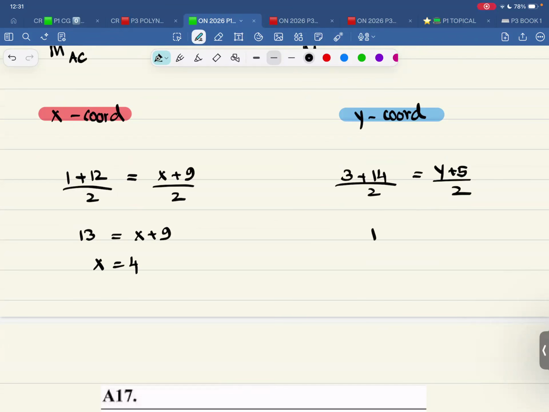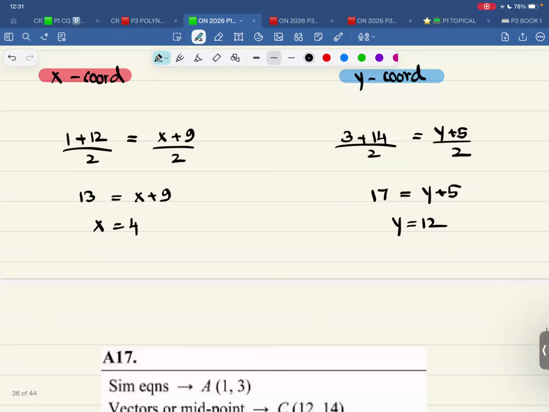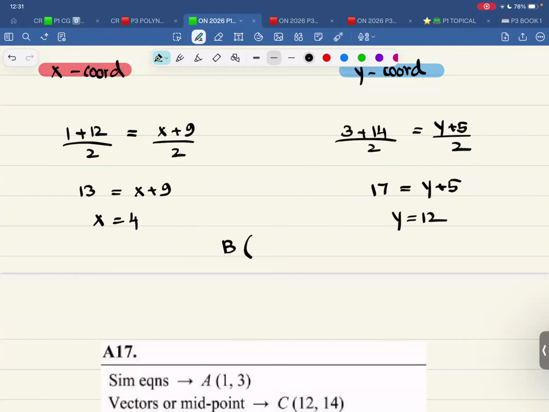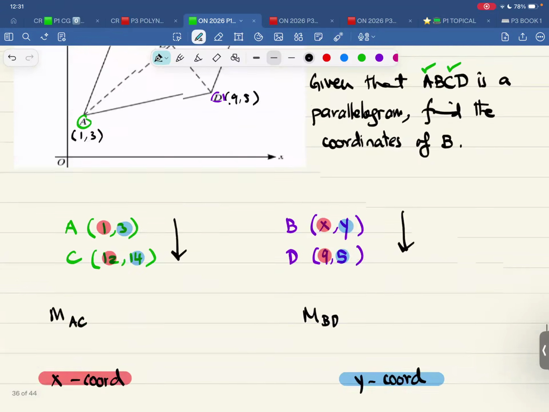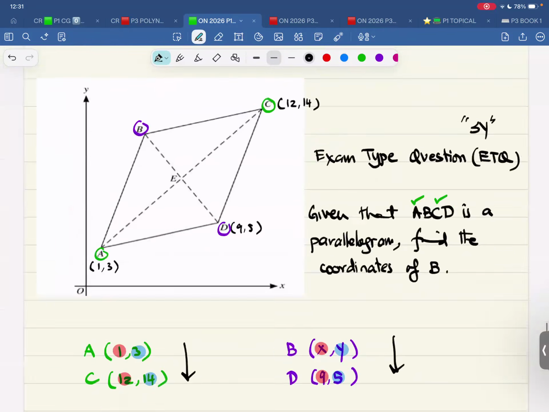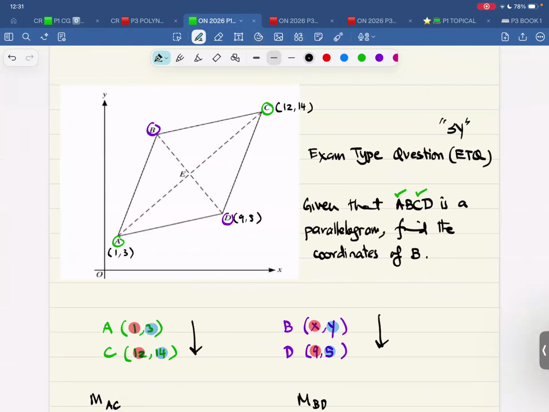Again, 2 will cancel out. 17 is Y plus 5. Y comes out to be 12. Therefore, the coordinates of B is 4, 12. This is one way of working it out. Now, what I'll do is let me grab this thing